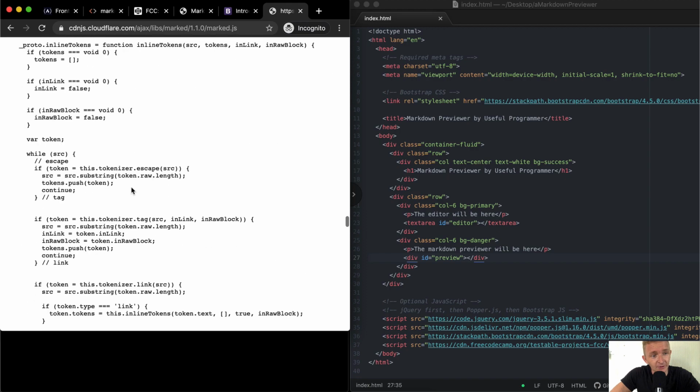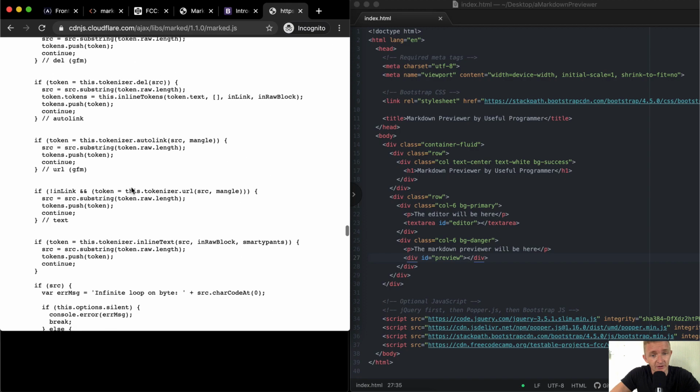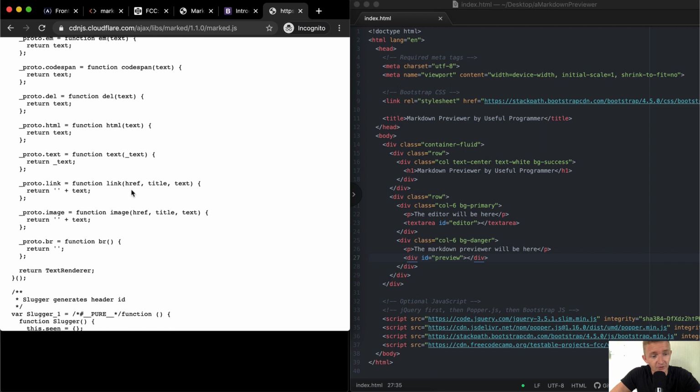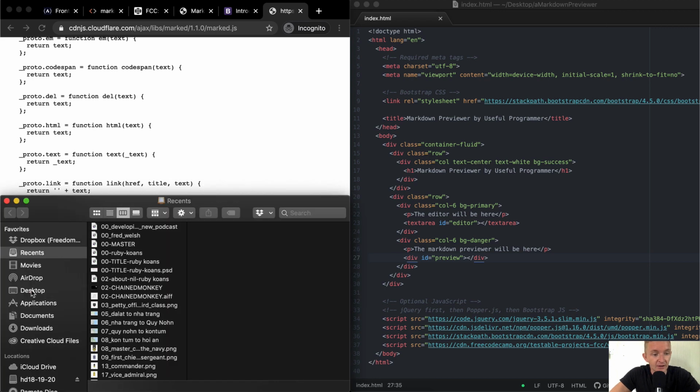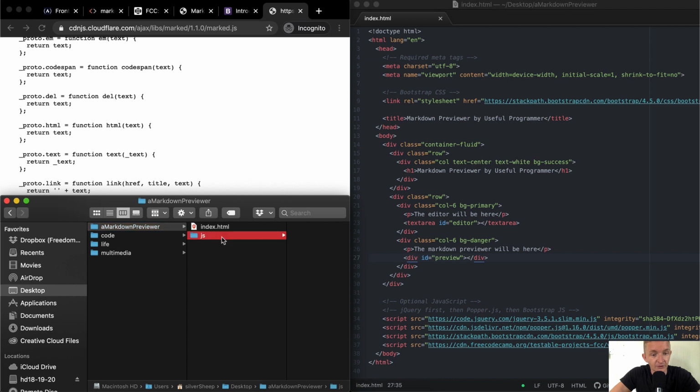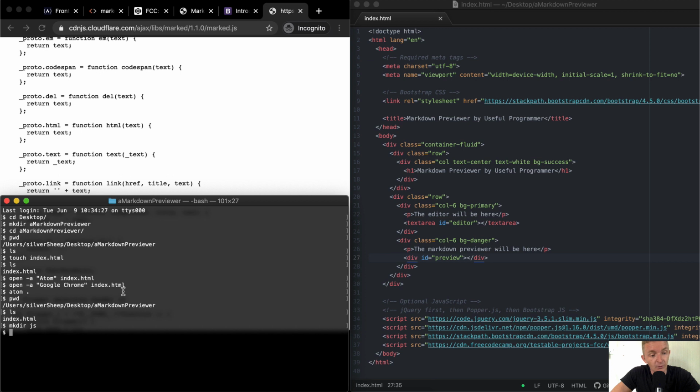What they're saying is you don't need to write this JavaScript library. And indeed, you shouldn't, because this is a huge project and somebody's already done it. So why would you do it? So let's see. If we come back over here and we go pwd, we see we're still in the Markdown previewer section. And if I list the files, all we have is an index. So what I want to do is create a JS folder. So I'm going to say mkdir, and I'm going to say JS. So that means I've created a directory called JS. If you were to look at my drop down, you'll see now there's an empty folder. So now what we can do is change directories into the JS, and then we say touch,